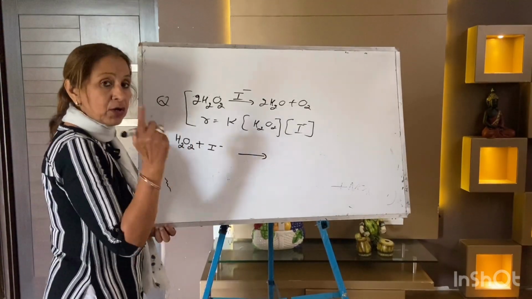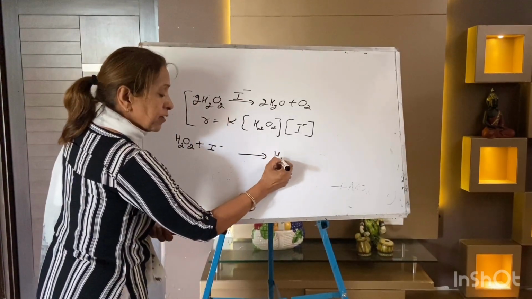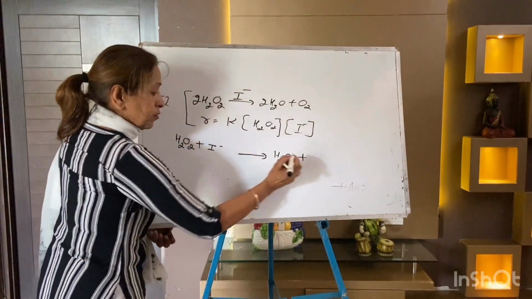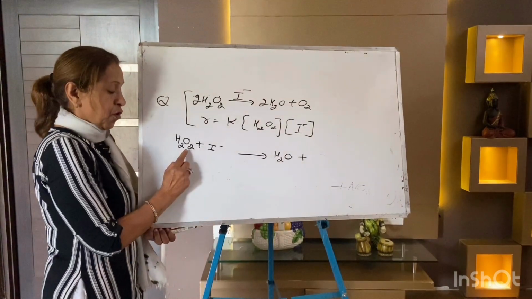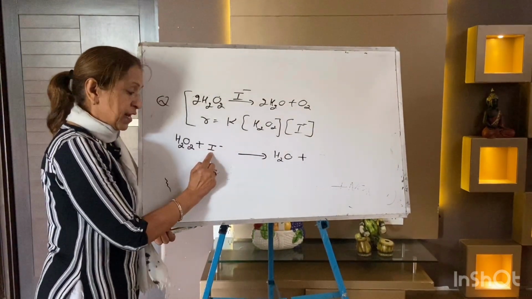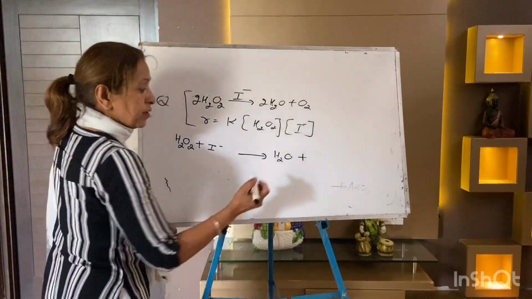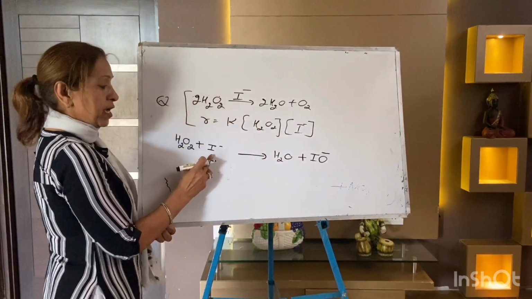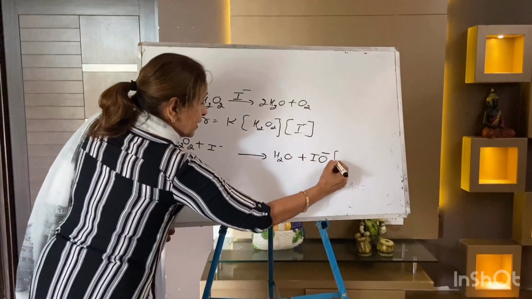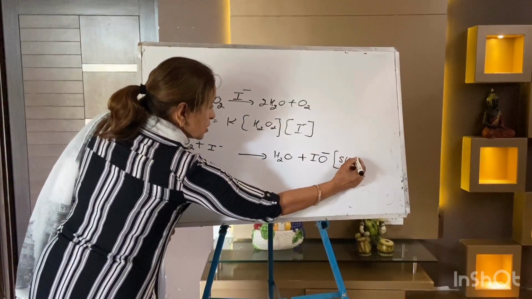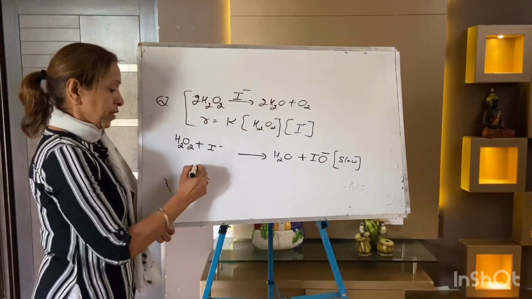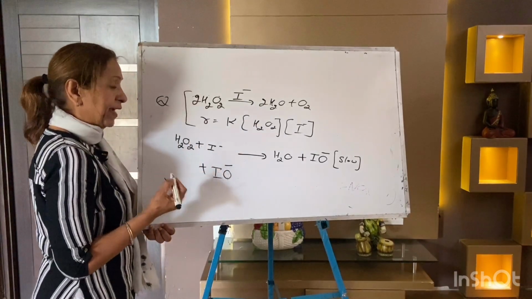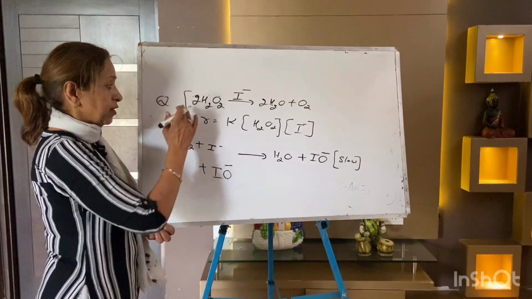Now take out one of the products only, water. Only one product. And what is left now? Just oxygen left, iodine left, and the negative part left. IO minus, hypoiodide ion. Make it the slowest step. It's a slow step. Now you will add this new intermediate to what is left in the overall equation.